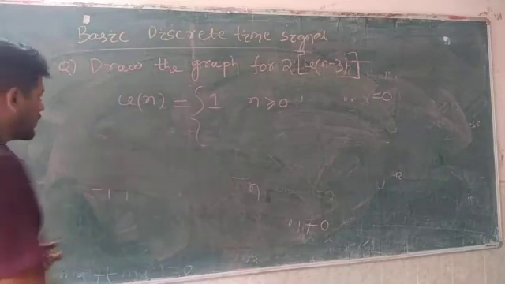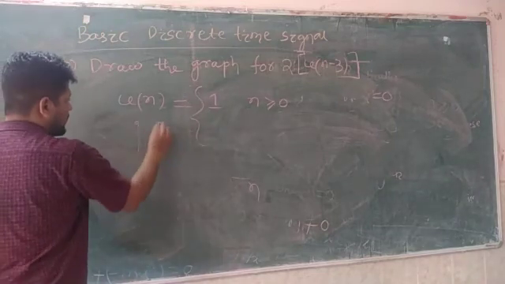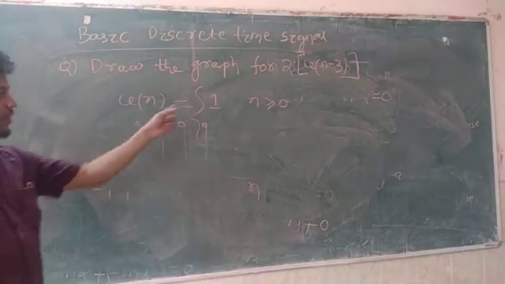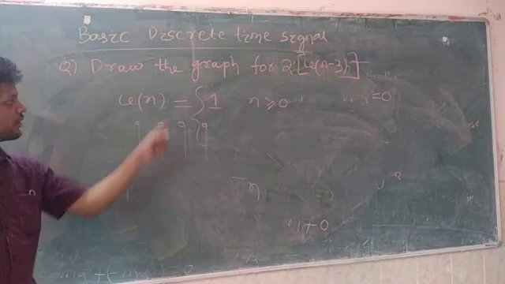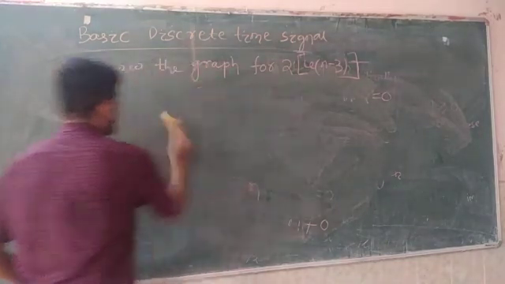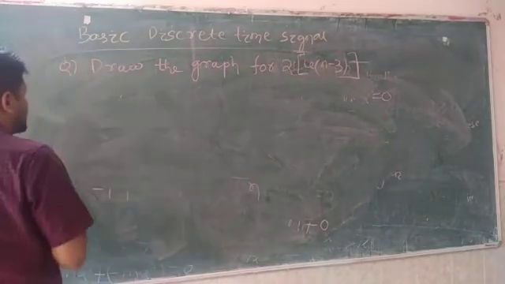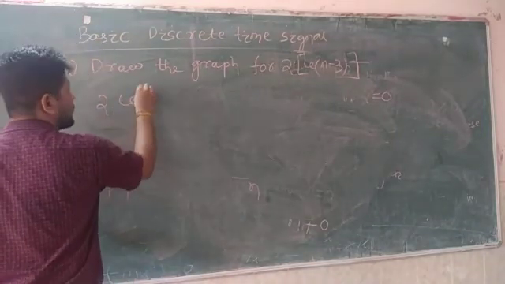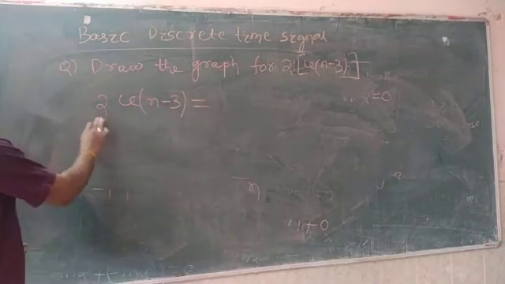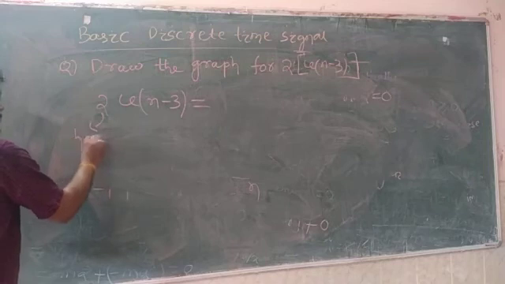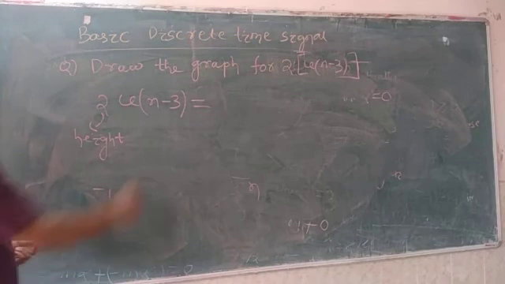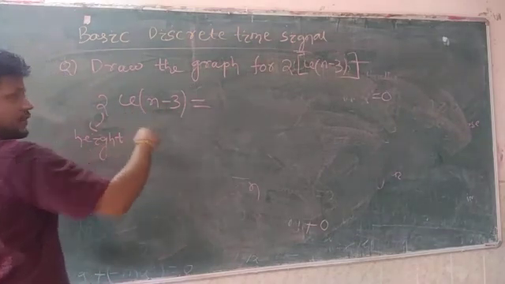The sequence is 1, and we have seen that graphically also. For all the positive values of n, the unit step sequence is 1, and for n less than 0, this sequence is 0. So here then how to write? Here we have to see the given signal is twice of u of n minus 3. From this we can understand this coefficient represents the height or amplitude on the y-axis.